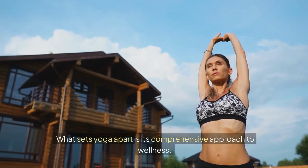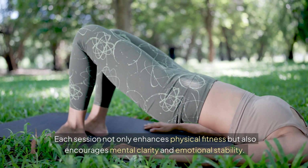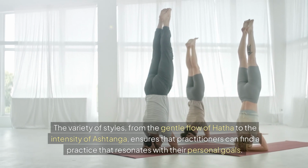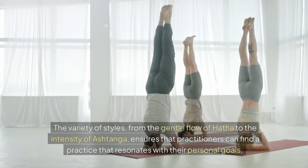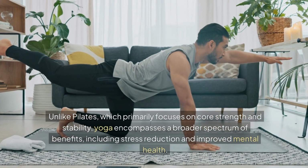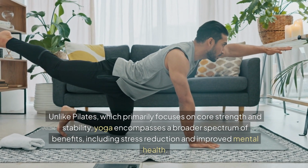What sets yoga apart is its comprehensive approach to wellness. Each session not only enhances physical fitness, but also encourages mental clarity and emotional stability. The variety of styles, from the gentle flow of hatha to the intensity of ashtanga, ensures that practitioners can find a practice that resonates with their personal goals. Unlike Pilates, which primarily focuses on core strength and stability, yoga encompasses a broader spectrum of benefits, including stress reduction